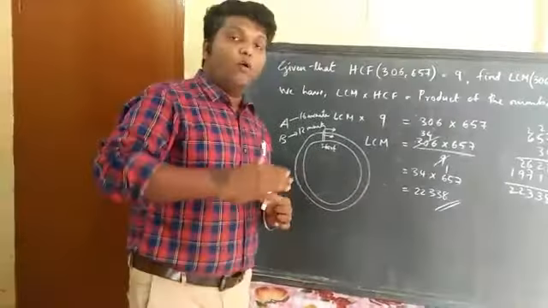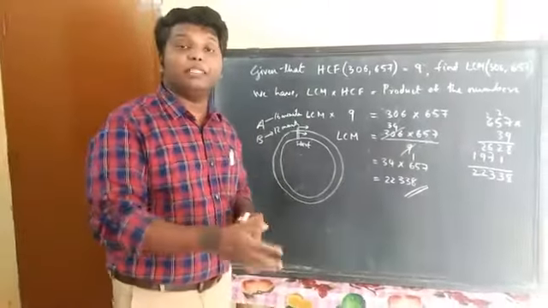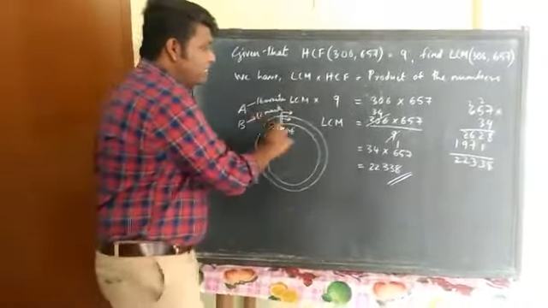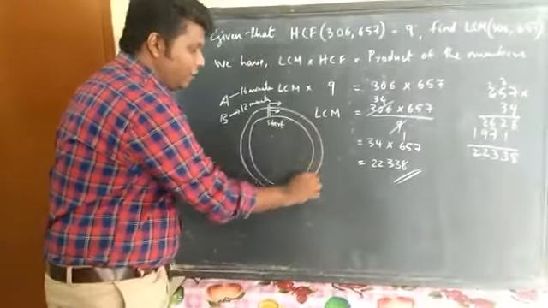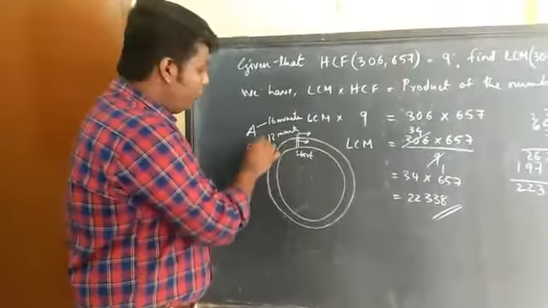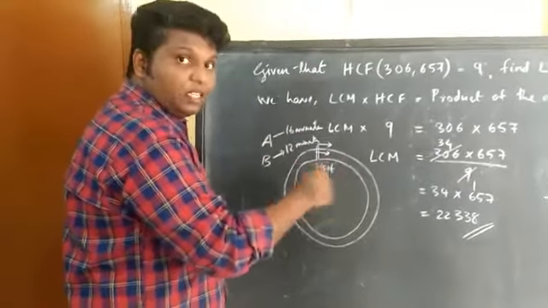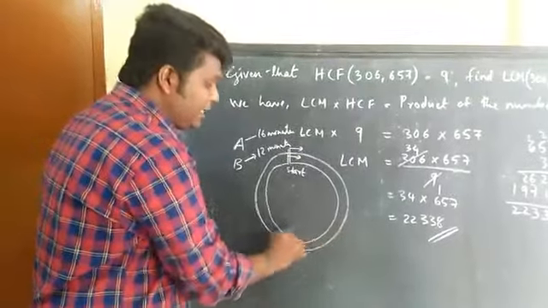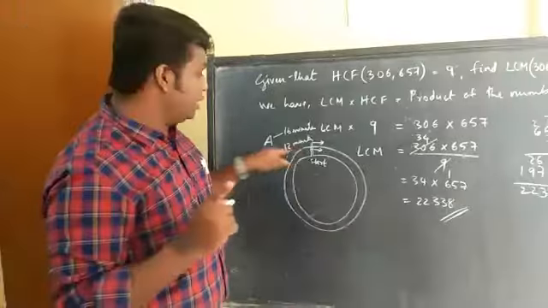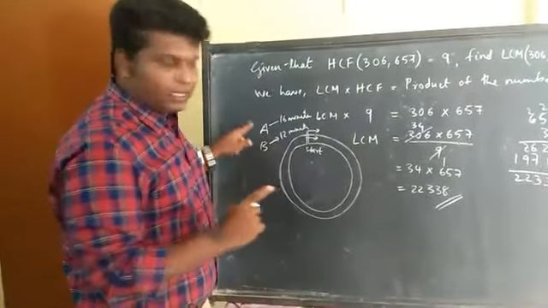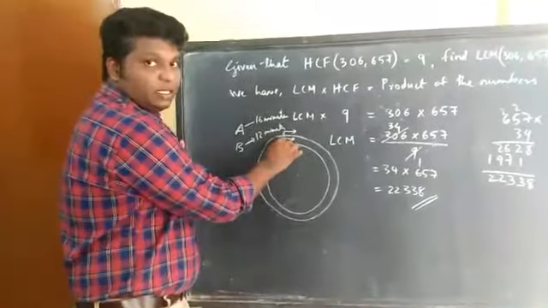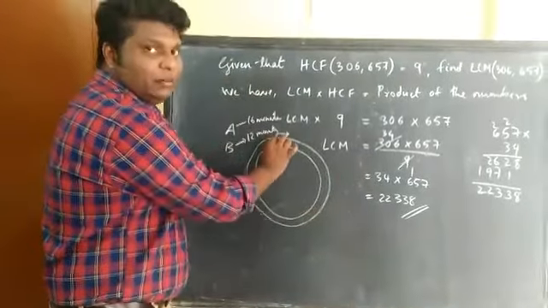So our question is, what will be the next time when they meet together at the same starting point? Just imagine in your mind, A is running around here. He will come here at the 16th minute. What about B? B is much faster. He will be running at such a speed that he will reach here in 12 minutes. That means B will reach here first, then only A will reach there, right? When B comes here, it takes 12 minutes, but for A, it takes 16 minutes.